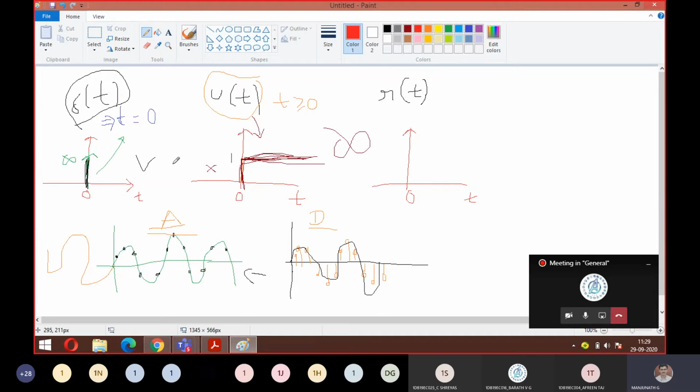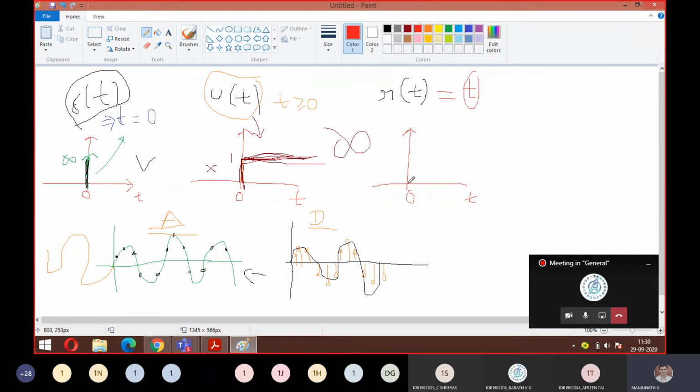So am I clear with this first point of unit step function? The signal starts from 0, goes towards infinity, and the amplitude is always equal to 1. That's why it's named unit step function. Am I fine? Yes, sir. Okay, coming to the last one, ramp function. The ramp function starts from 0. We always say the ramp function is equal to t. Here also the signal occurs from 0. So whenever you find t in the question, it is understood as a ramp function.